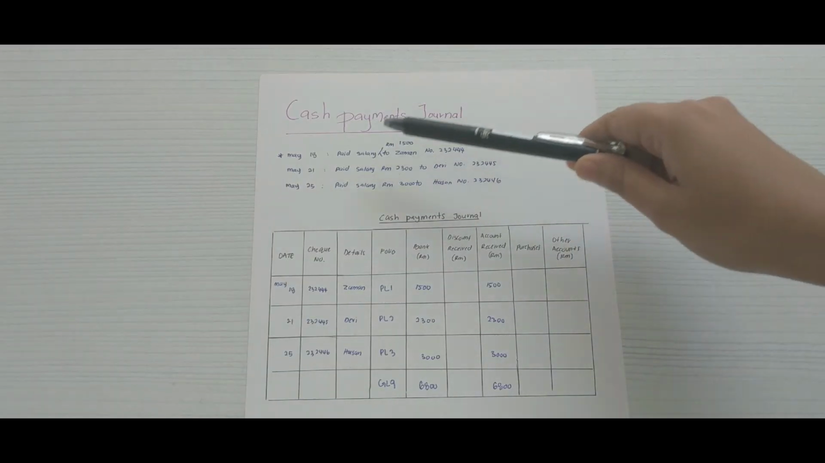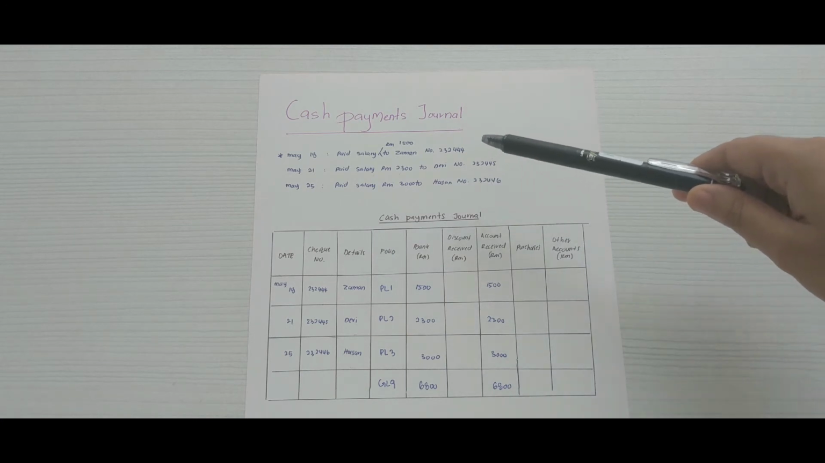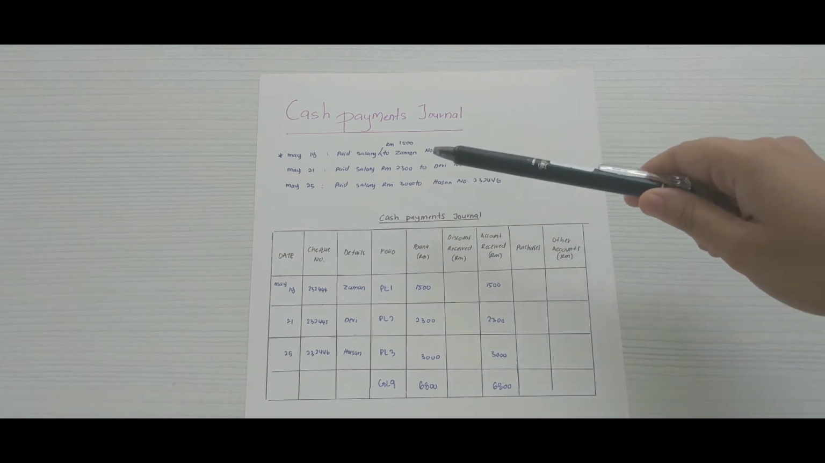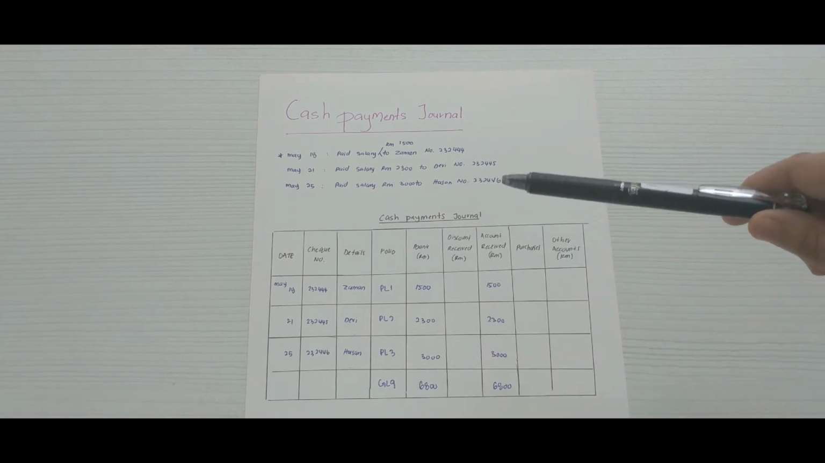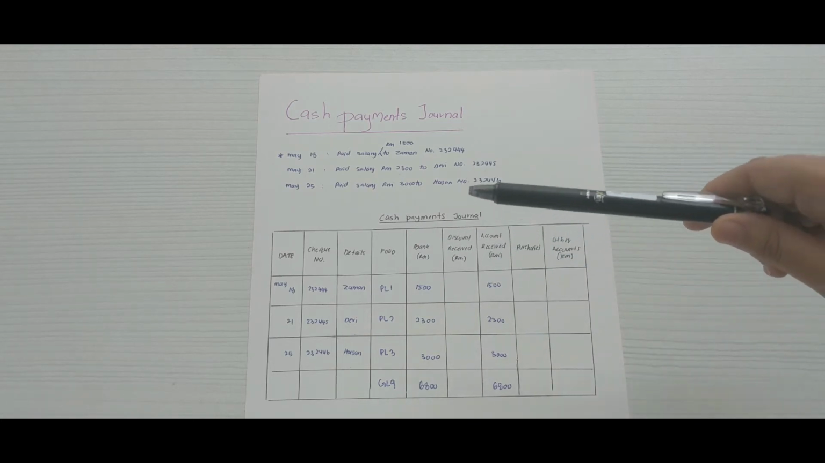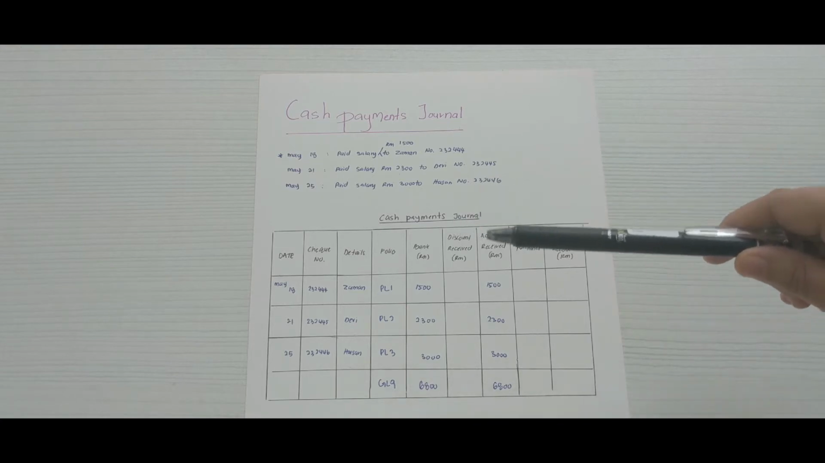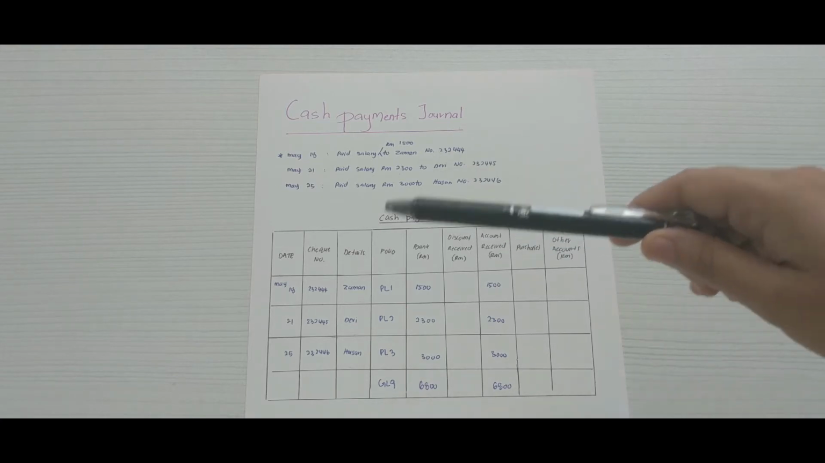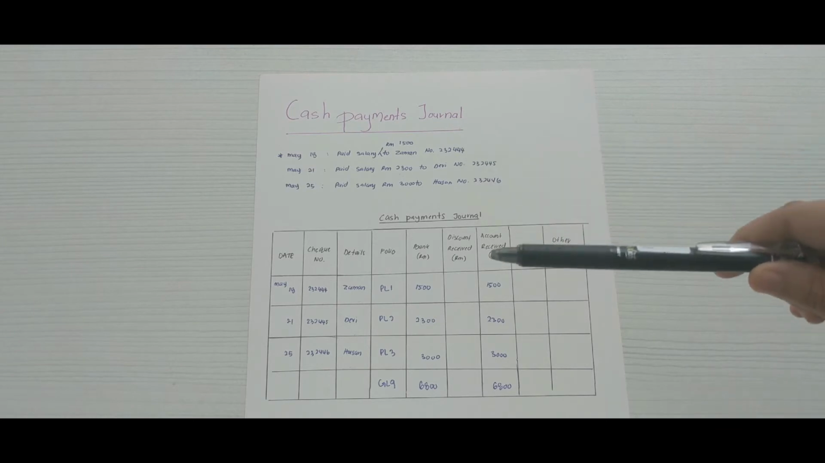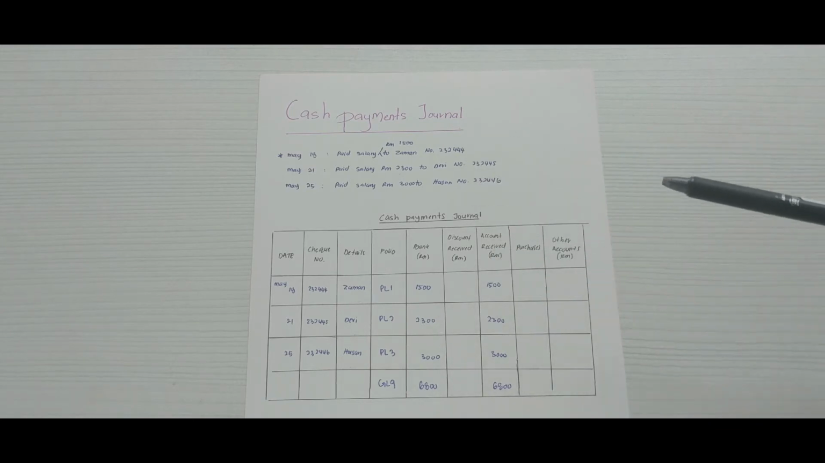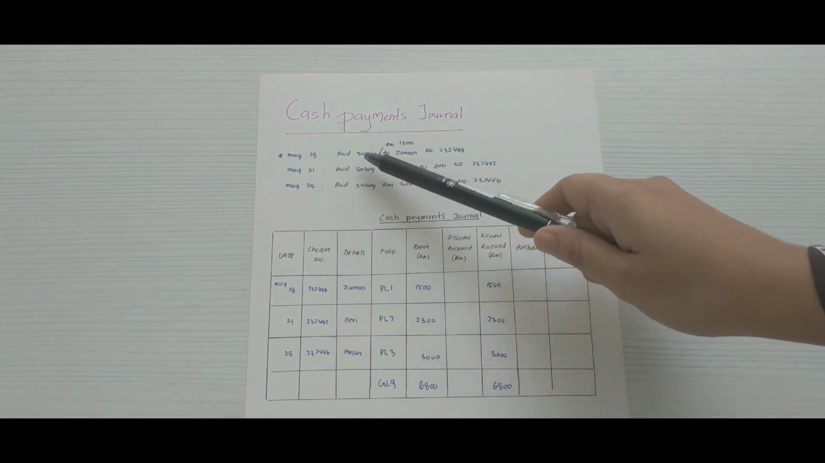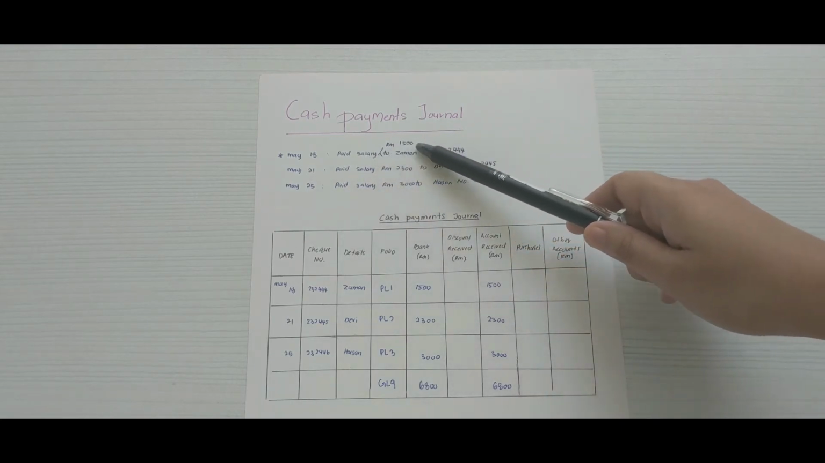Cash payment journal. The cash payment journal is a special journal that is used by a business to manage all cash outflows. In other words, a cash payment journal is used to record any transaction that includes a credit to cash. So for the example, in the cash payment journal, May 18, paid salary RM1,500 to Zaman,